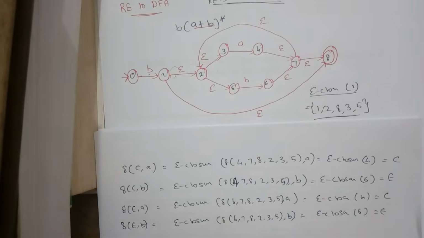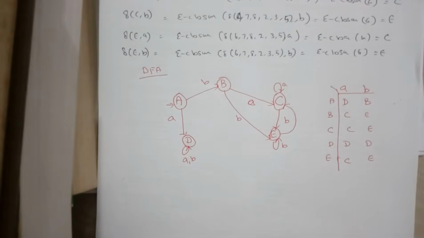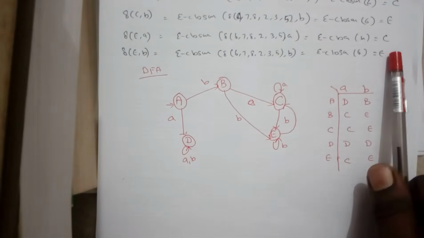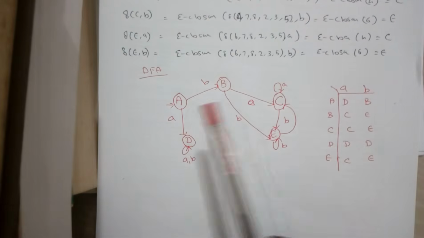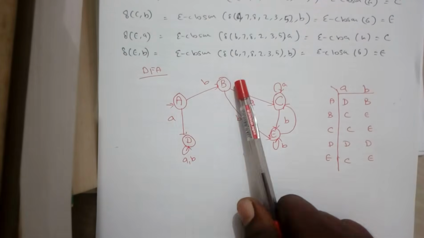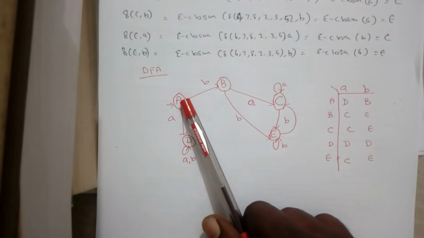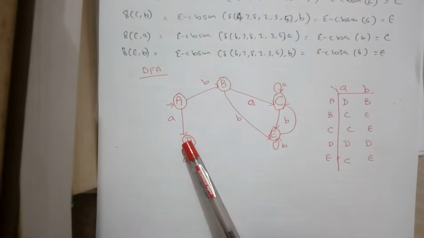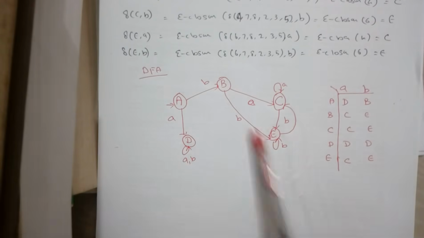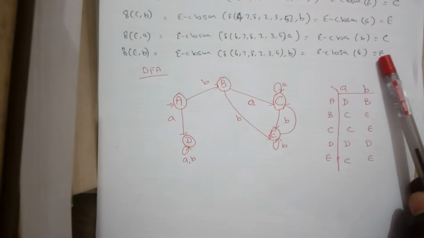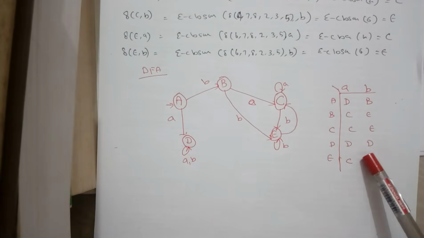Now the DFA can be given, this is the DFA as per what we have found already. We have defined a diagram like this, the DFA diagram. A, when the input is B, it goes to B. When the input is A, there is a null transition, so we are going to create a dummy state for it, and we are going to trace on both the inputs A and B in this dummy state itself. The remaining states are considered as per the findings that we have done, and this is the transition table for it.